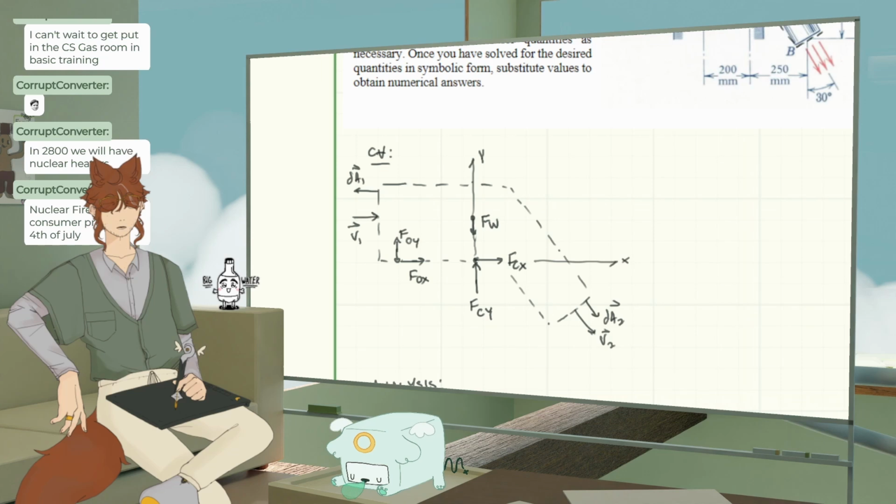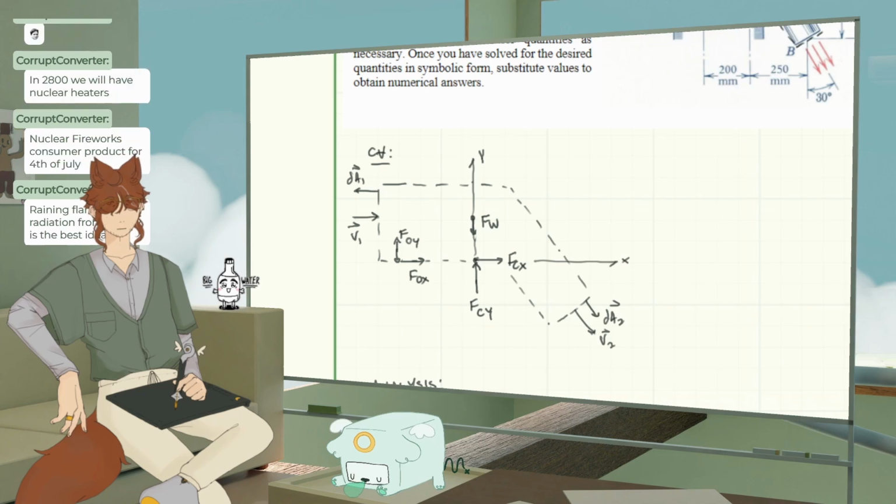I mean, I could solve for it if the weight wasn't there. I don't know the weight. If I knew the weight, then I could solve for the tension compression force there. But